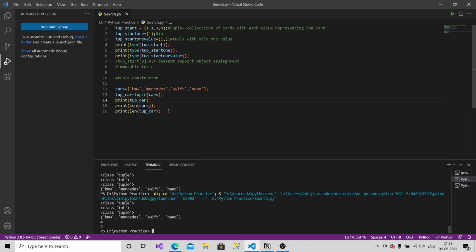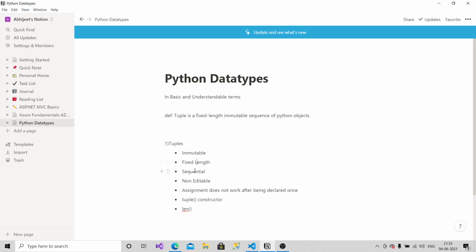That is length, which is already present in Python's predefined methods. So this is length. You got the length. Now I've covered this, and this. Now